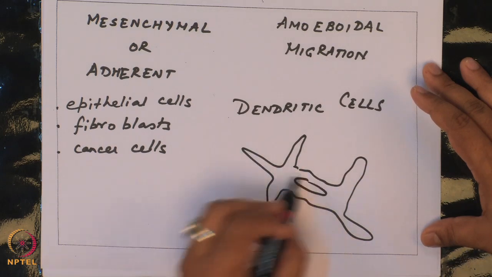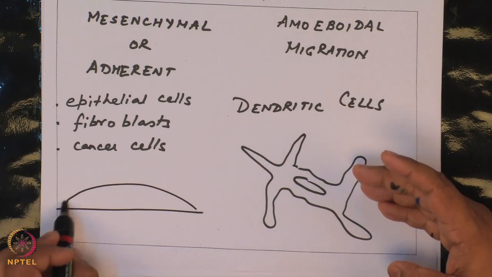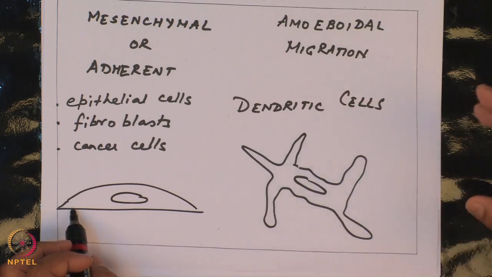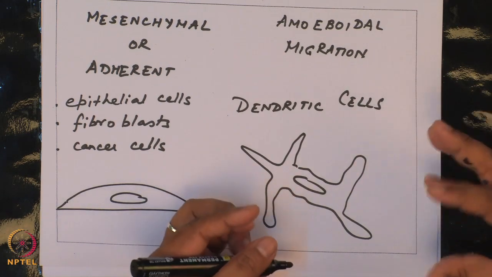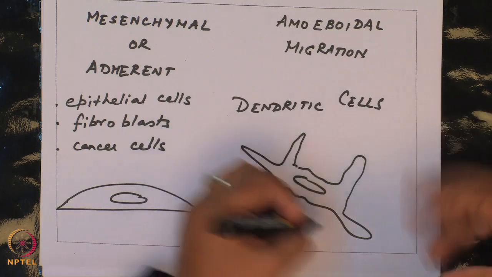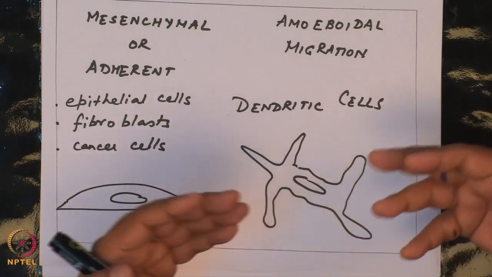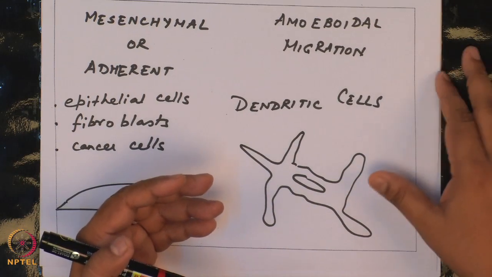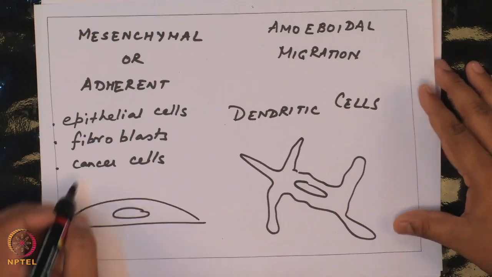As opposed to the well defined shape of these adherent cells, these dendritic cells do not have a well defined shape. You have multiple different protrusions which are evolving in space and time. And amoeboidal motility or amoeboidal migration is characterized